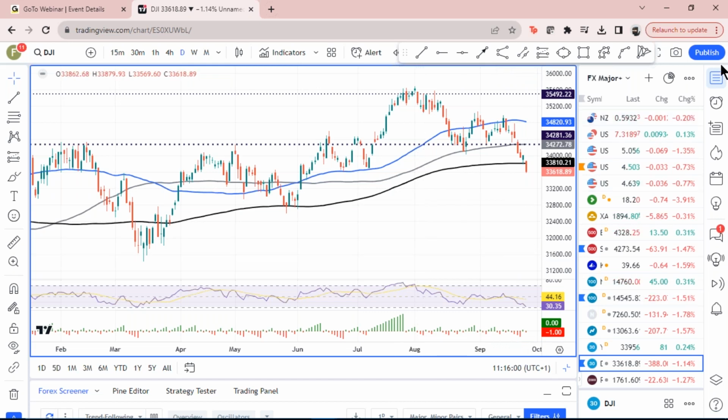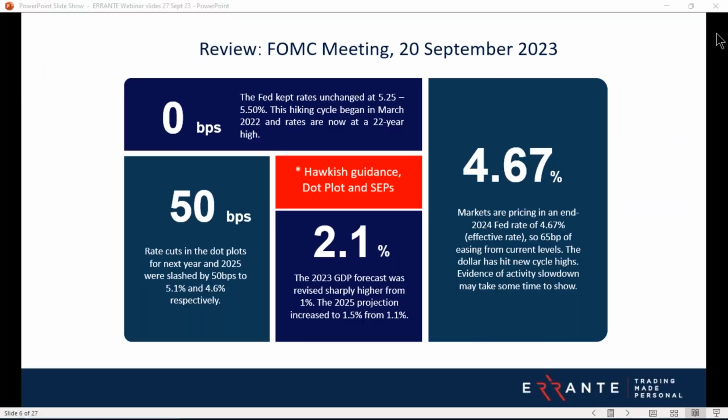Okay, let's move on to last week's main event, of course, which was the Fed. Hopefully this graphic proves of use to you guys as well. Of course, last week, generally, that was a bumper week for financial markets, which had to contend with no less than 6 developed market central bank updates.